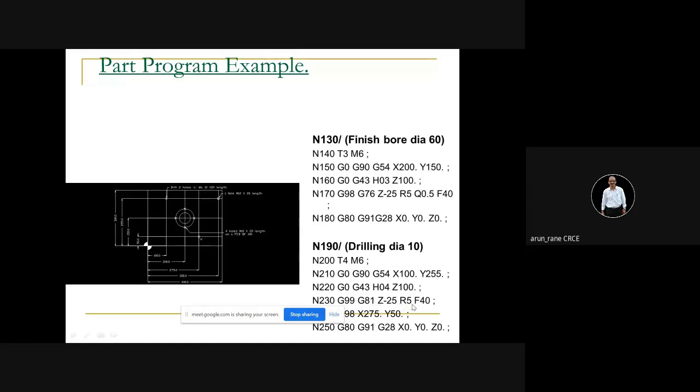R5 is nothing but the tool retract position, and I have been telling that instead of R5 you can position this, Z100. So you have to position it at Z2. Otherwise, what will happen from Z100 till 125? It will go in feed. So that's why it is always good practice that you position the tool at a distance of Z0, Z2, so that your idle time is saved, non-machining time is saved. So now this particular operation is dealing at X100 Y255, that is this, and then another hole X275 Y50, that is this hole.